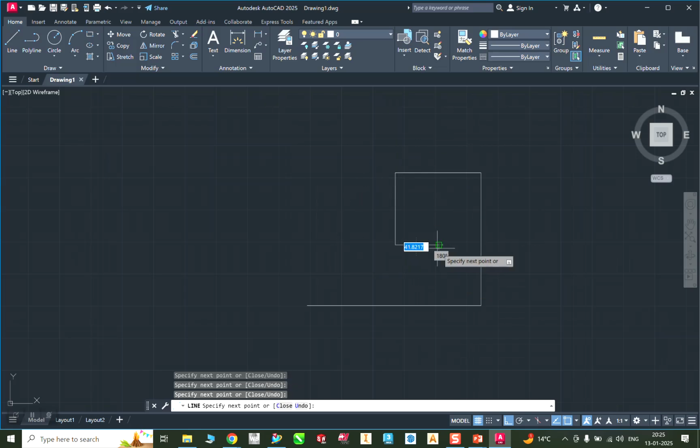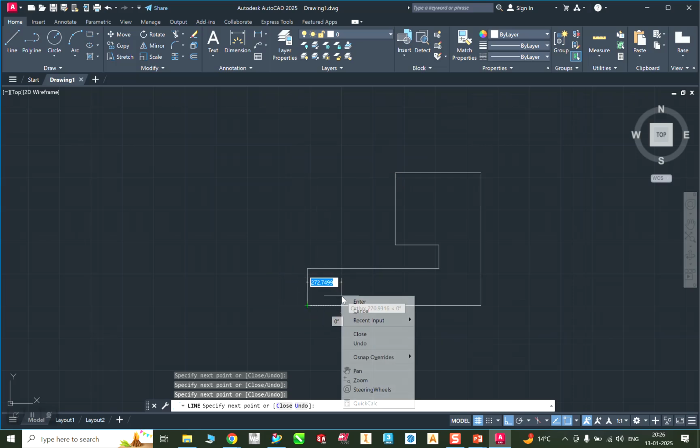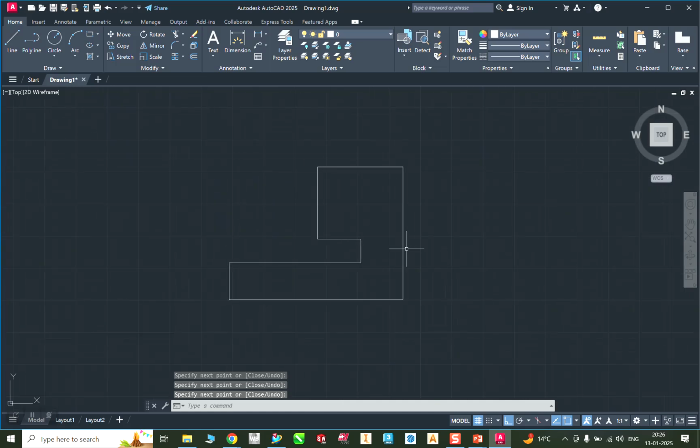So you can just enter here, and again I'm just making a rough plan so that I can show you something. So just create that intersection point. So click and end. Okay, right click and end. Now see, actually we made it with the line, no? It's behaving like a line, and let it be a floor plan. Okay, let it be a floor plan, and I want to make